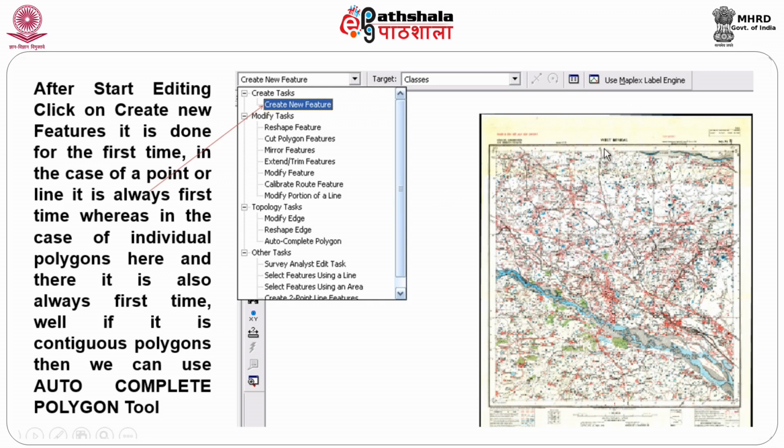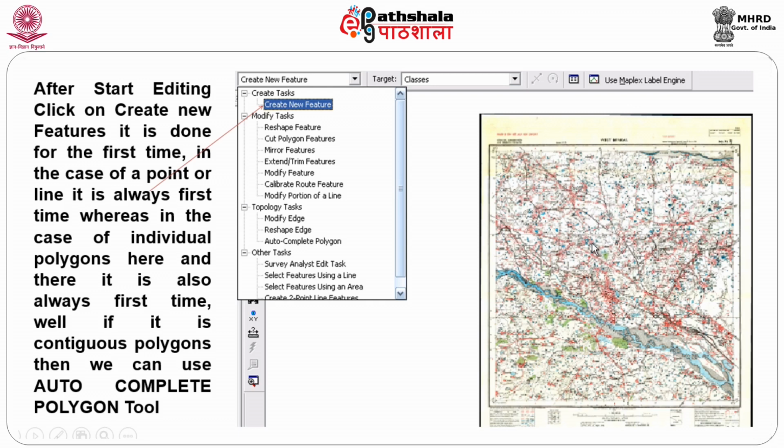Obviously, when I want to generate the next one, the advantage is that this line is common to both these boxes, isn't it? So, what is the right of this is the left of this. In that context, I need not redigitize this line. So, what I will do is use this first method the first time, create a new feature, line data. When I am doing the next box, this is only showing, it may not be exactly a line there, just to give an idea. For the next box, I will have the advantage of not digitizing this line.